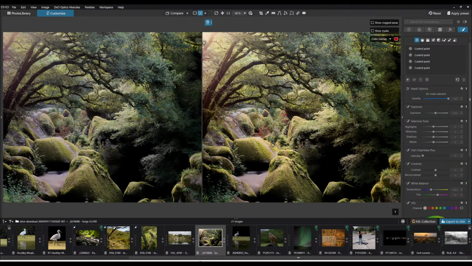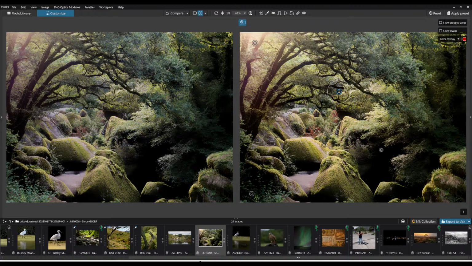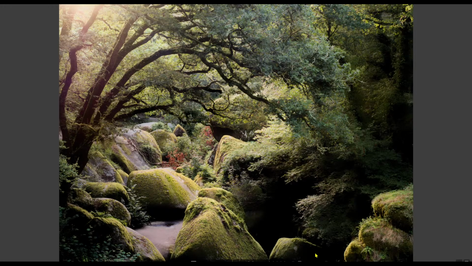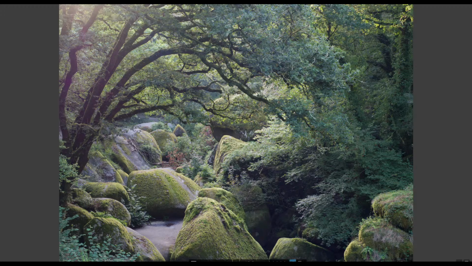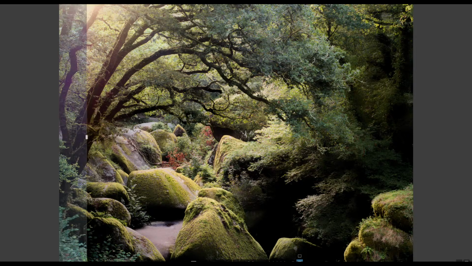Let me see how that works. If I were to just push a little bit in here and here. Okay. So let's do a full screen. So that's the before, and that's the after. And then if I do sort of a little swipey,